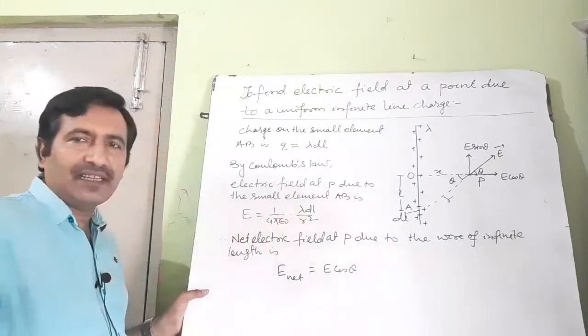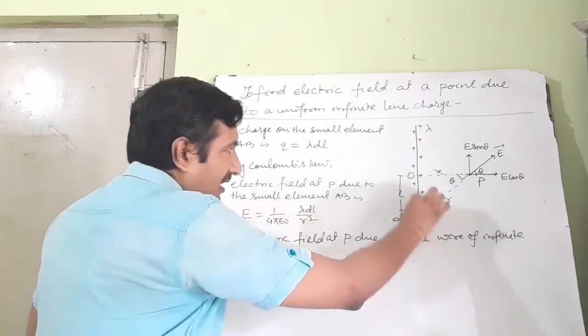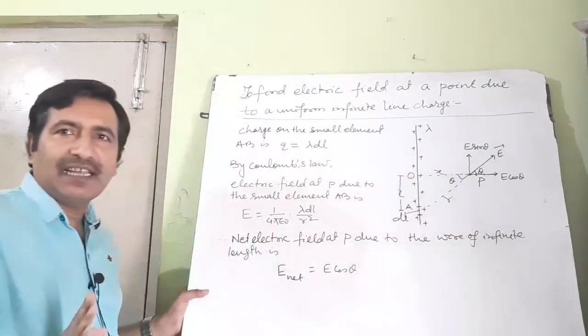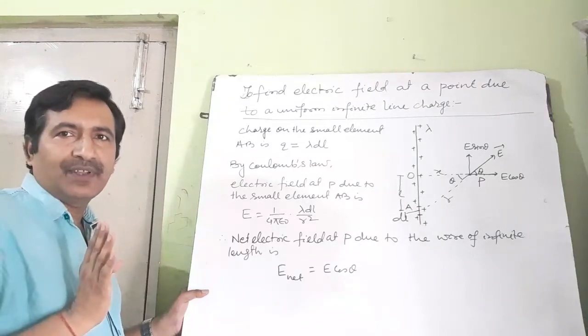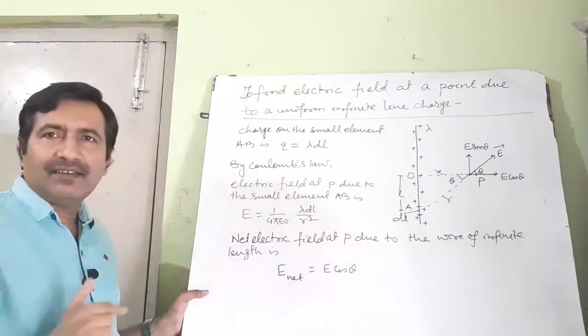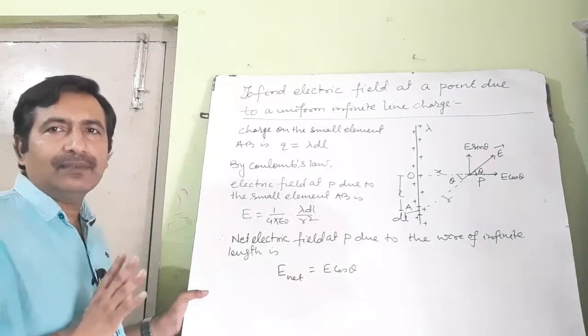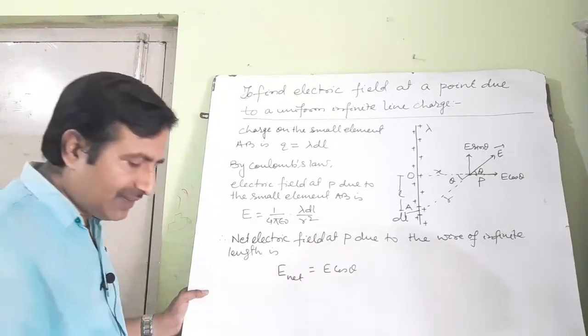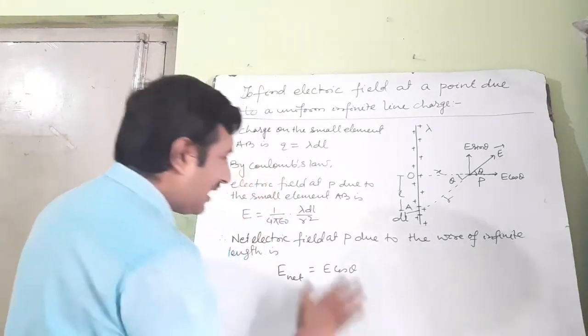Lambda is constant. L is variable. Suppose AB is here, L will be this one. AB is here, L will be this one. So L is variable, and R is also variable. So to integrate the value for E, we have to change all the variables into a single variable, and for that I just